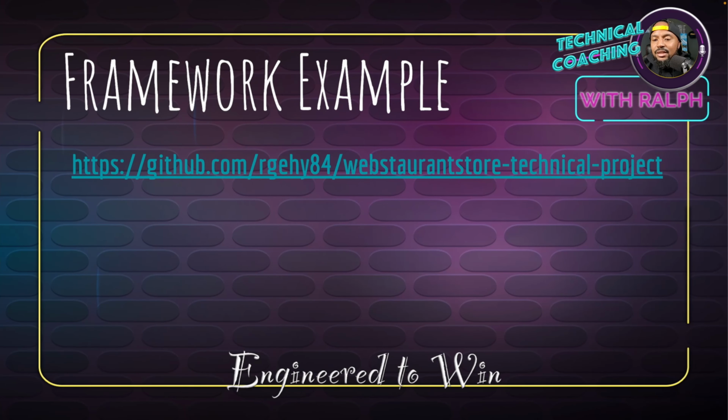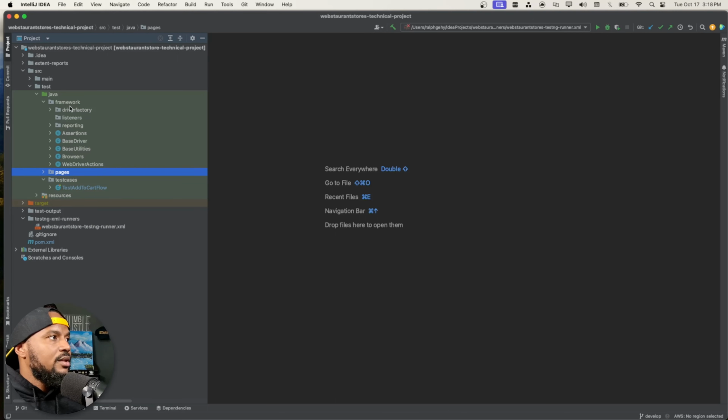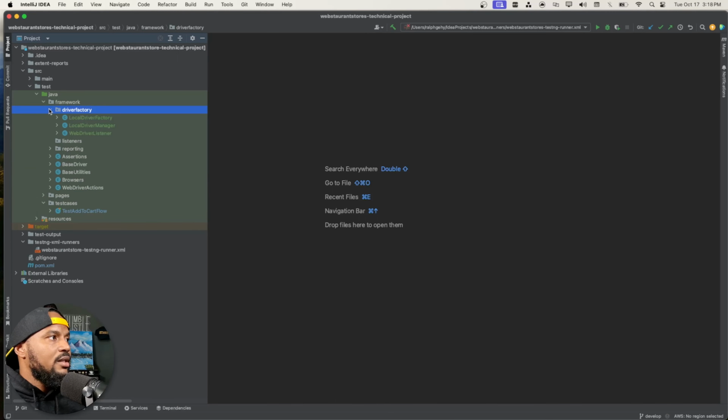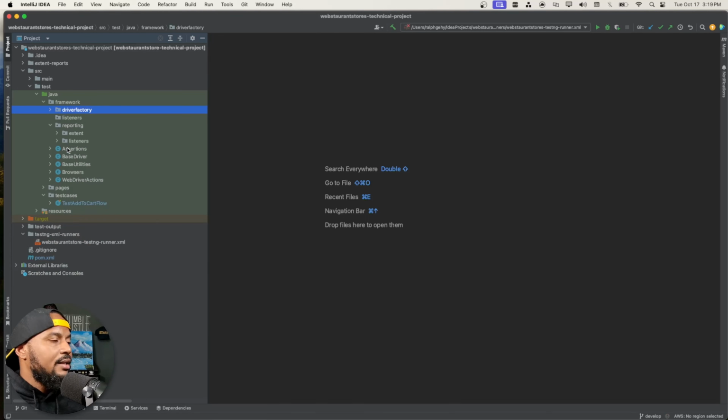So let's get into an example of a framework that I worked on when I was doing a technical project. Let's just go through this real quick. In this framework, I have the part where it is generating the drivers. It is handling my reporting through Extent Reports, and I'm handling the assertions. So if you look here,